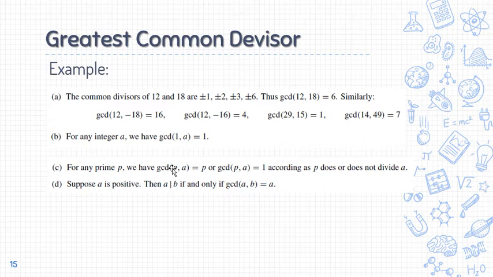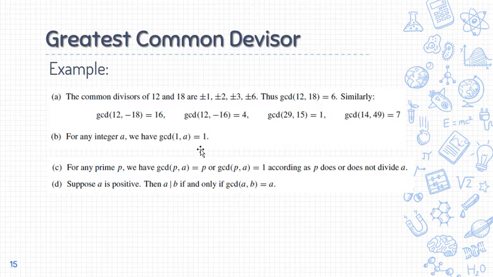Again, since prime man, wala may makadivide sa iyang number other than itself and 1, then it should be that katong iyang partner dapat ma-divide pud siya para at least ang GCD is katong prime. If dili, sa ato pa si A is dili ma-divide kang P, then wala siya laing GCD kundi 1. So, kani siya, so far, ang example just says, say property sa number, no? If parisan siya og prime, o parisan siya og 1.